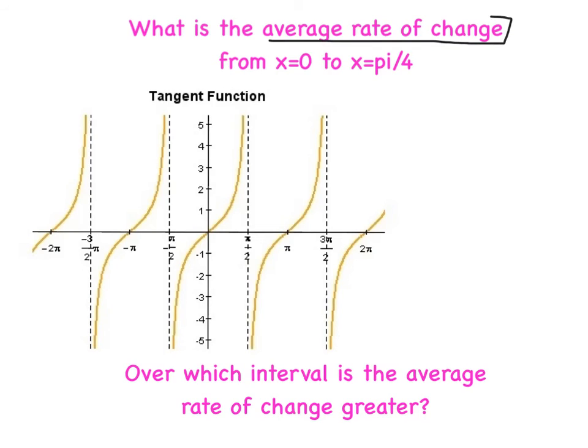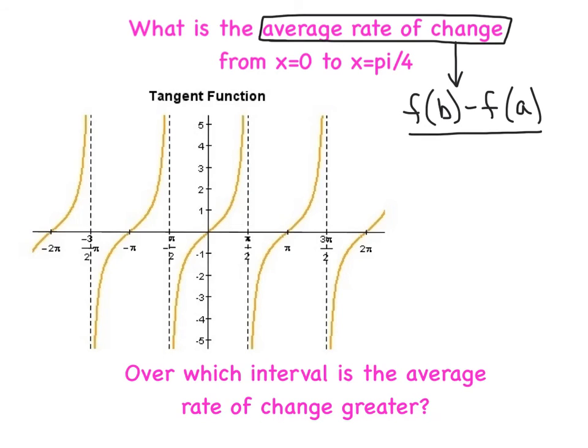And when we see average rate of change, the formula that I want you to think of is basically our very simple slope formula: f of b minus f of a, which measures our change in y or our rise, divided by b minus a, which measures our change in x or our run. And so what I'm thinking is I need f of pi over 4 minus f of 0